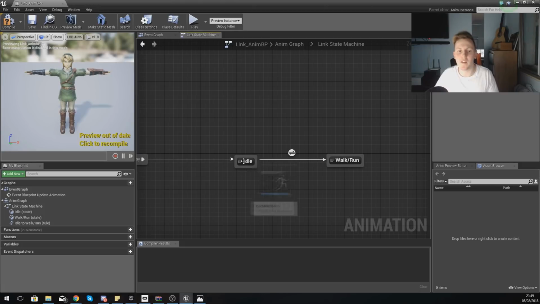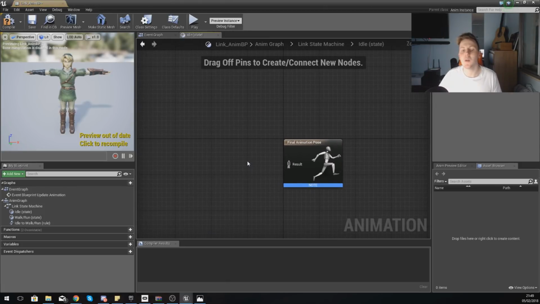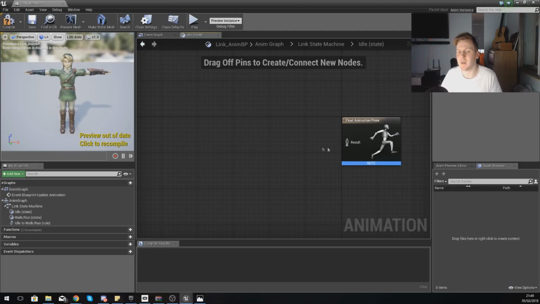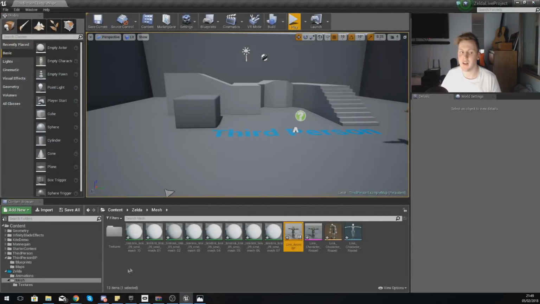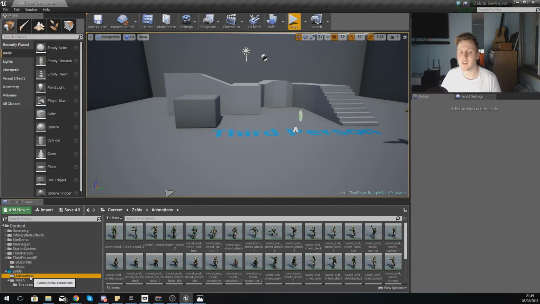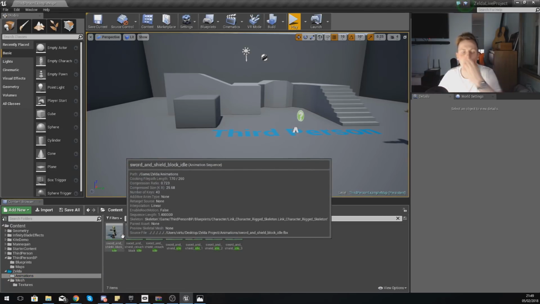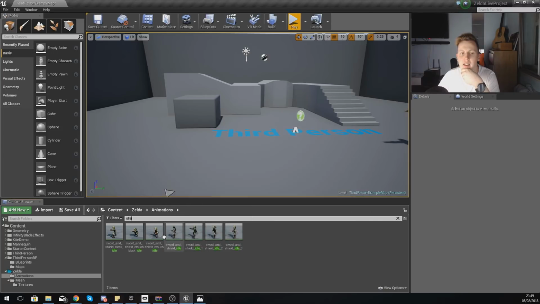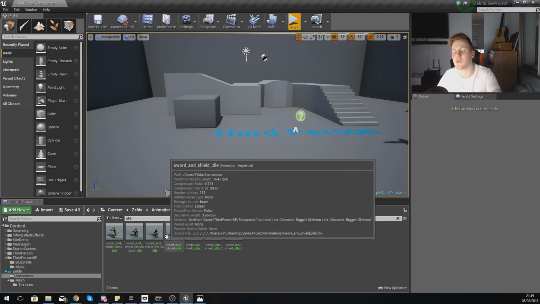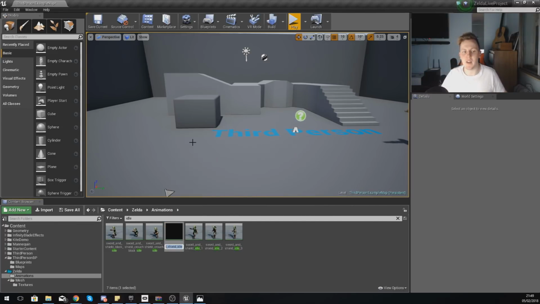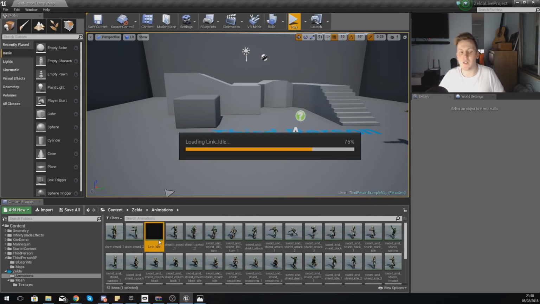So with this, what I'm going to do now then is open up my idle, and you'll notice it's going to ask me for an animation. The animation that it needs in here should be our idle animation, so we need to find that. So I'm going to go to my animations folder in my content browser and type in idle, and the one that I'm after is within here, and the one that I want is sword and shield underscore idle. So I'm going to rename this to simply link underscore idle,